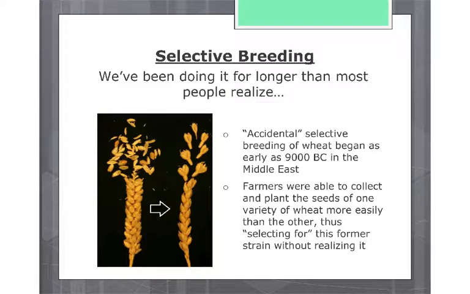look at the concept of selective breeding. So selective breeding is where you are choosing traits or choosing mates that you would like to mate with. So the example that we give here was, in quotations, accidental selective breeding of wheat began as early as 9000 BC in the Middle East. So what farmers were able to do is that they were going to choose wheat with the strong characteristics that they wanted to farm and grow, and they were going to look at breeding that specific wheat with those specific